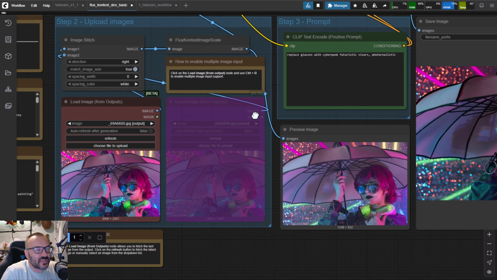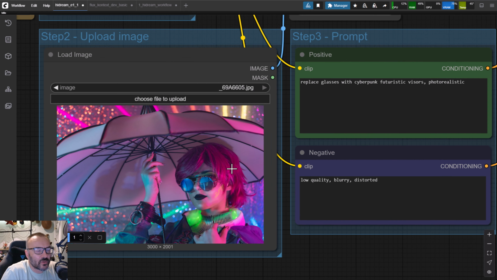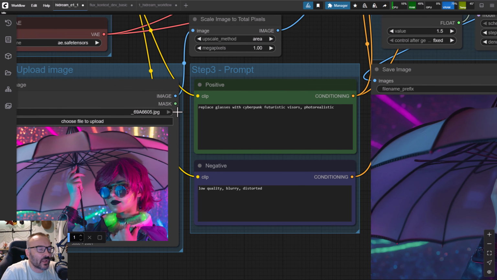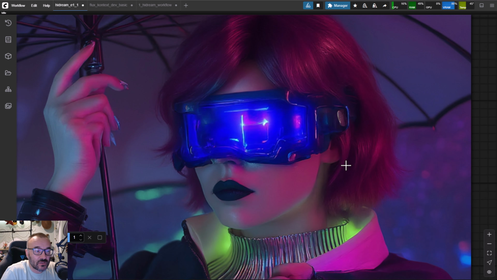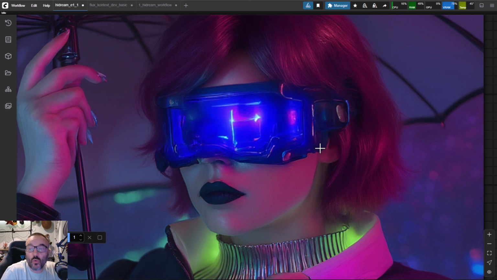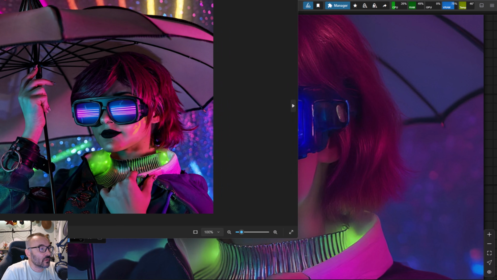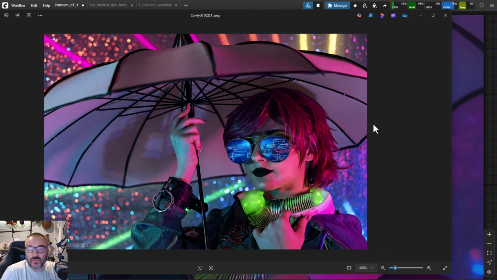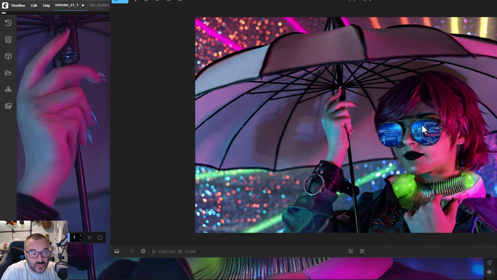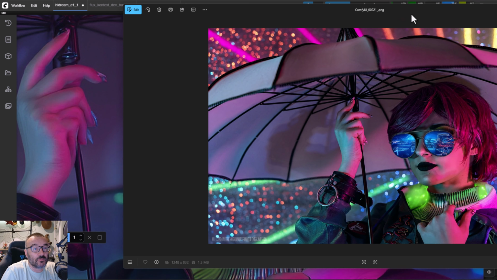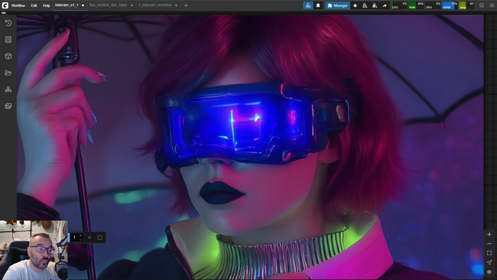Okay, overall, from the tests that I ran quite a bit on this, I will say that HiDream provides an interesting approach, and in some cases can create better details. For example, like replacement parts, here was quite a bit different. And if I did this with, okay, let me go back here. If I did it with Flux on a minimum, you can see Flux sometimes does not understand very well what I'm trying to do, like high tech, and it was just replacing only glasses from the original to some cyberpunk reflection glasses. So I need to manipulate a little bit more with the prompt with Flux to achieve this